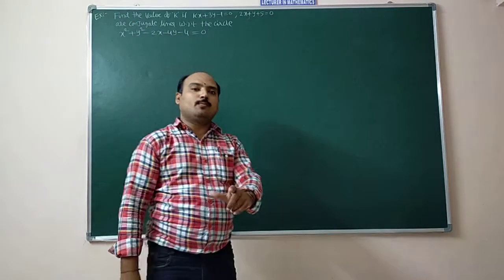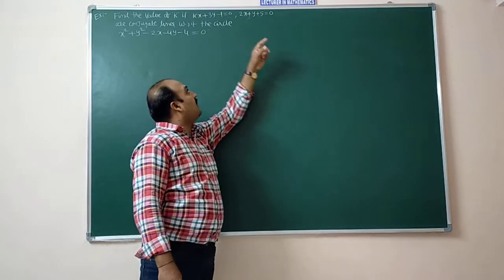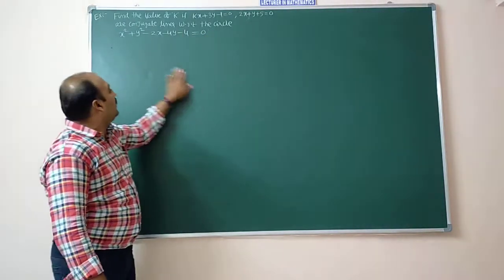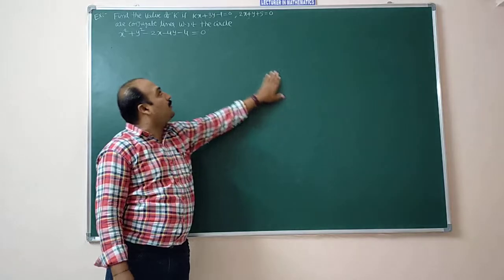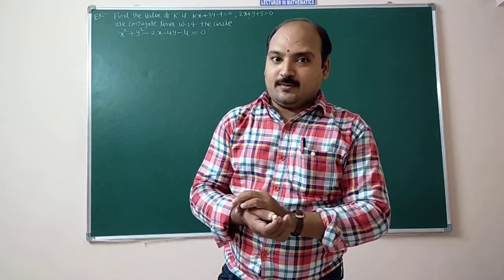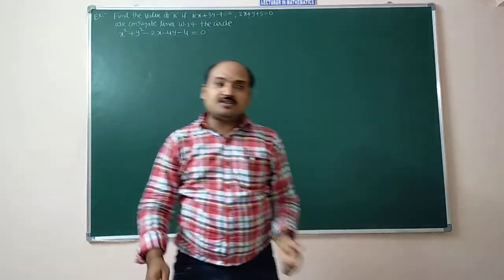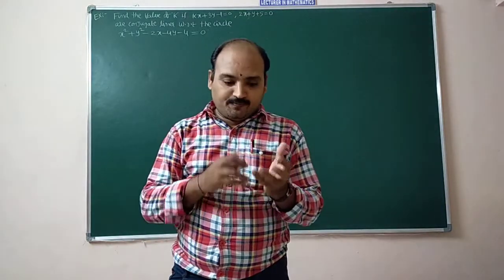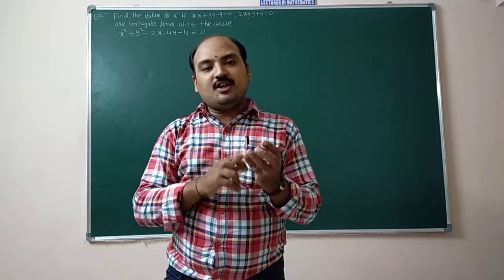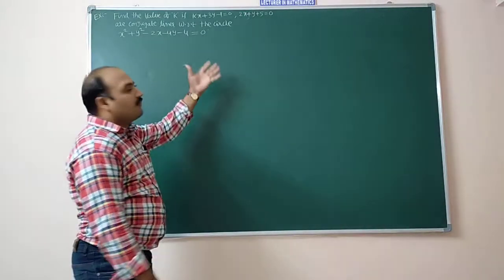Next question. Example for the concept of conjugate lines. Find the value of k if kx plus 3y minus 1 equal to 0 and 2x plus y plus 5 equal to 0 are conjugate lines with respect to the circle x square plus y square minus 2x minus 4y minus 4 equal to 0. The two lines are said to be conjugate with respect to S equal to 0, we have a condition. First, in that condition, what values are required? L1, M1, N1, L2, M2, N2, and R square value, G, F, and C. These values are required, so first we have to calculate them from the given data.